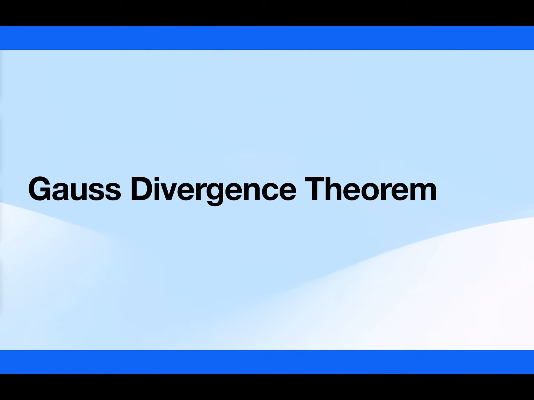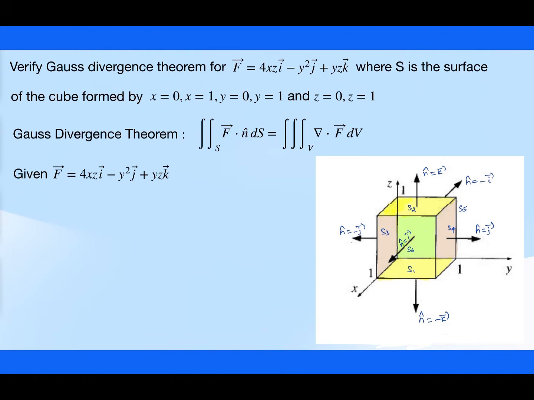Hi, in this lecture we will see about Gauss Divergence Theorem. So we will see a problem. Verify Gauss Divergence Theorem for f vector equal to 4xz i vector minus y square j vector plus yz k